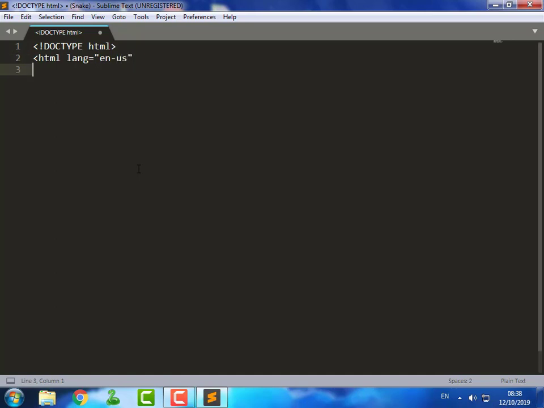The language is US English. Characters encoding is UTF-8.